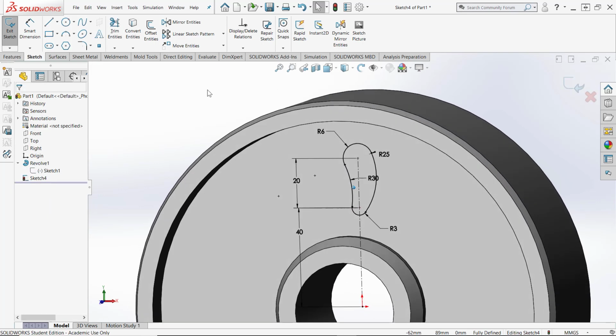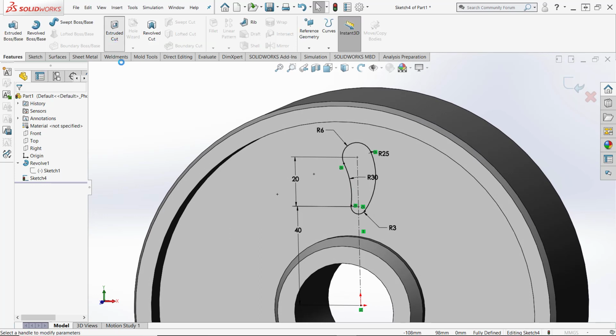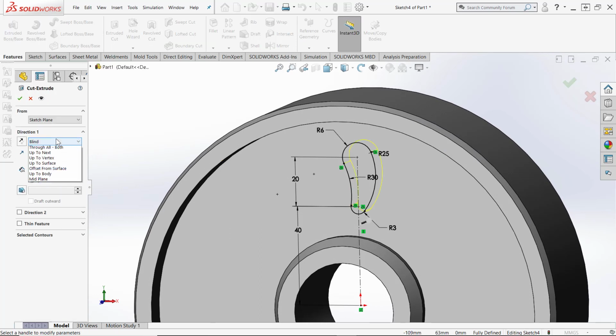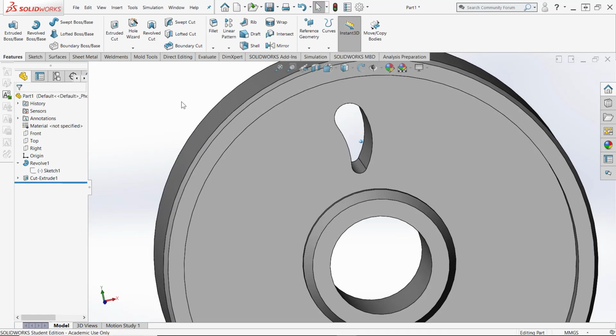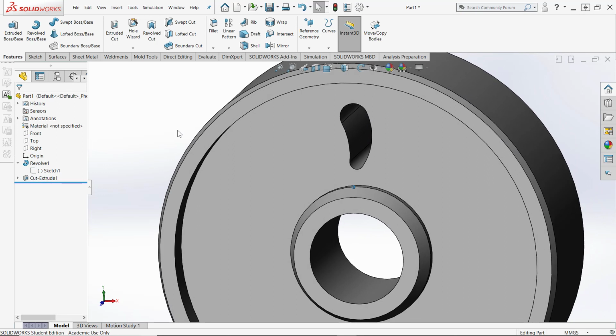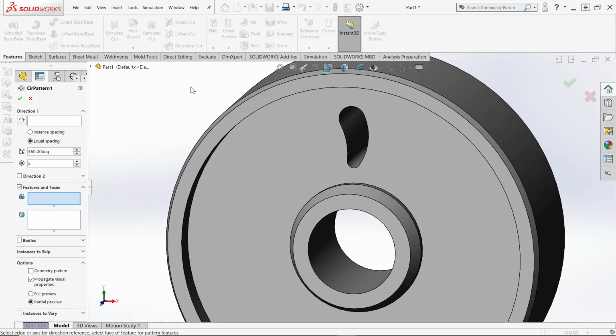Now don't pattern the sketch. You will be better off patterning the feature. And so I'm going to do an extrude cut, and I'm going to tell it to go through all, and I don't know where I put the midplane of this, so I'm going to tell it to go through all in both directions. And so now I have my cut going through here, and then do a circular pattern of the feature rather than